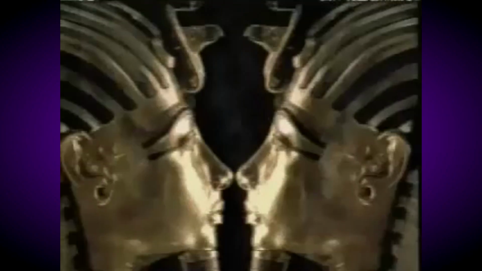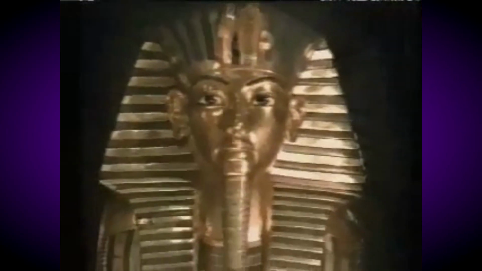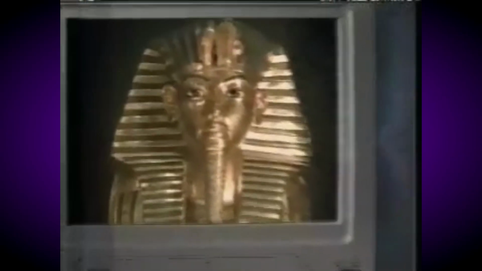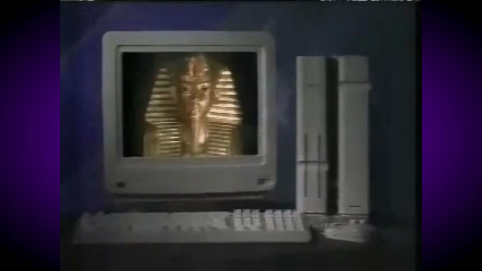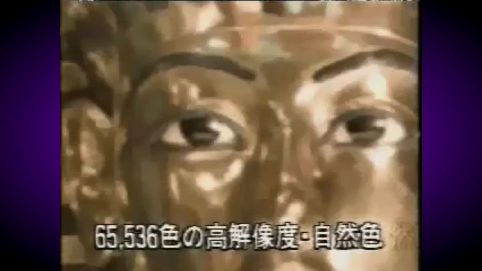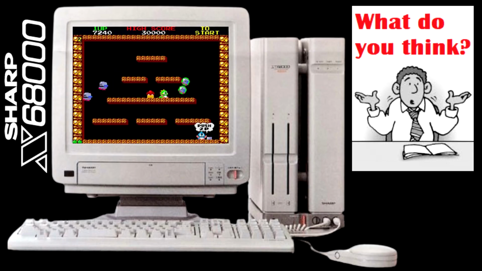New Life Sharp. 今、黄金のマスクがよみがえる。パーソナルワークステーション X68000。高解像度の自然色。CPU68000 の広大なアドレス空間。さまざまな音をそっくりデジタル記録。黄金のグラフィックスを持ったシャープ X68000。